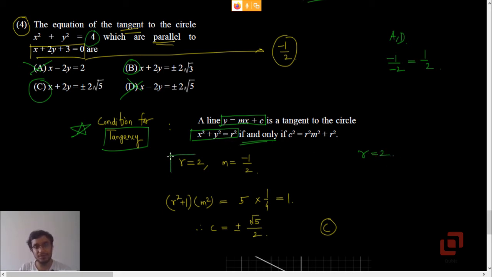Okay? Yes. Have we already determined the slope of the tangents? Yes. m equal to negative 1 upon 2. Yes. So let us now apply the condition for tangency to find the value of c. If you take r squared common from the right hand side, then c squared will be r squared into bracket m squared plus 1. Yeah, what I have done here is wrong.